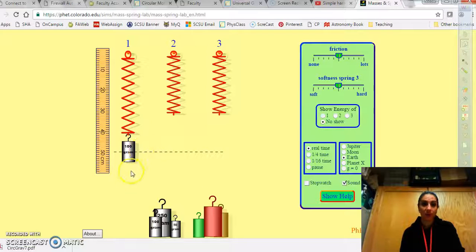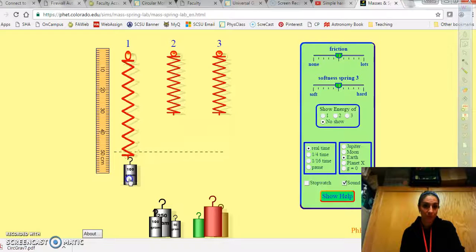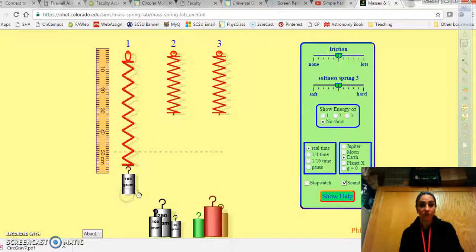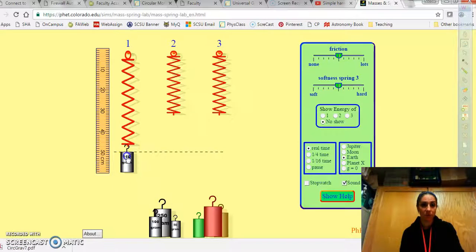So I'm going to put this dotted line here. I think through personal experience, you know that if you pull a spring down, and I'm holding this down right now with my mouse, it's going to want to spring back up. And if I let go, there's the case. And then of course the extreme case, if I compress it, it's going to be pushed down like that. So when I talk about restoring force, I mean it's the force generated to go back to this